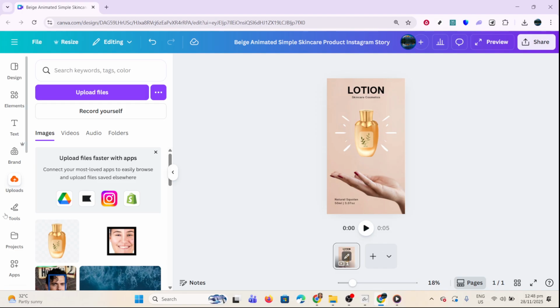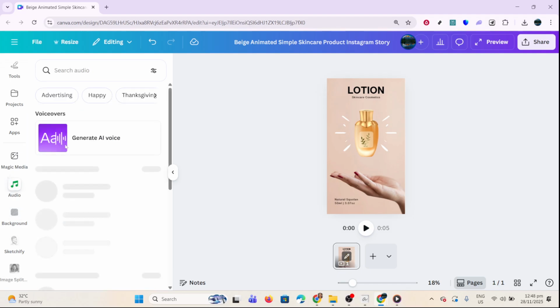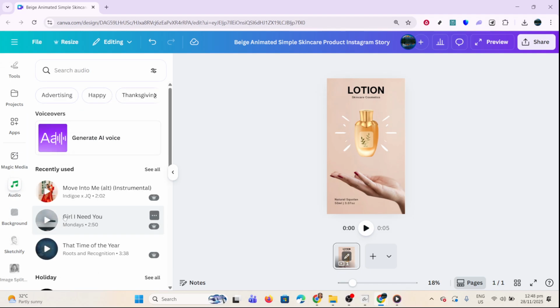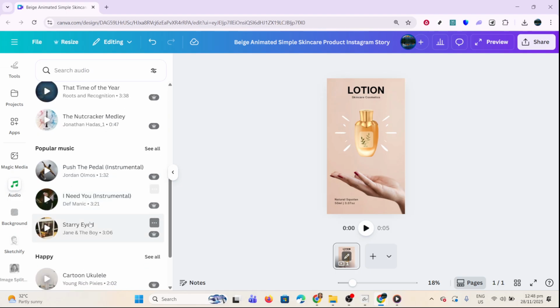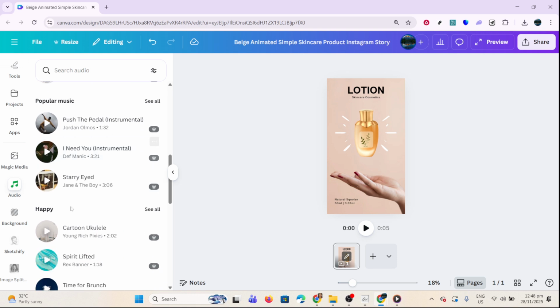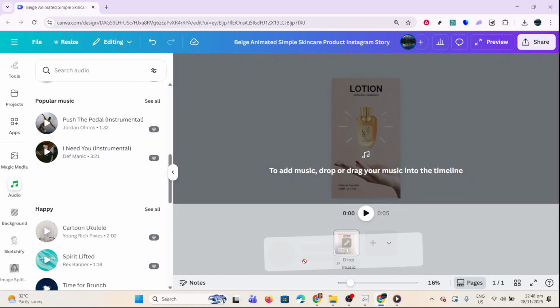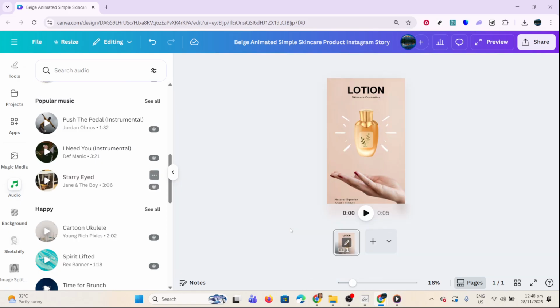Click Audio and pick a track that fits your brand's tone, upbeat for energetic ads or calm for a premium feel. Make sure the music complements the visuals and doesn't clash with the overall mood. Use the bottom timeline to fine-tune timing. Drag clip edges to shorten or extend scenes, and adjust the duration so each message has enough time to be